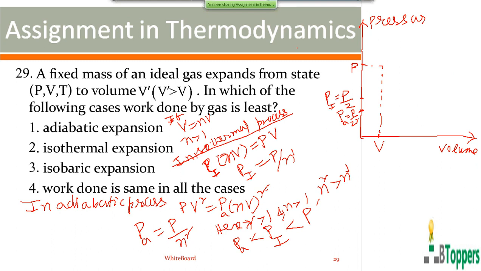So we can analyze the situation completely if you take the help of the PV diagram. The initial state has pressure P in each case and V is the volume. So this represents the initial state in the indicated pressure-volume graph. That means along the y-axis we are taking pressure, along the x-axis volume of the gas. First, for the isobaric expansion, pressure is constant. The final volume is V dash, which is more than V. This horizontal line parallel to the x-axis represents the graph for isobaric expansion.